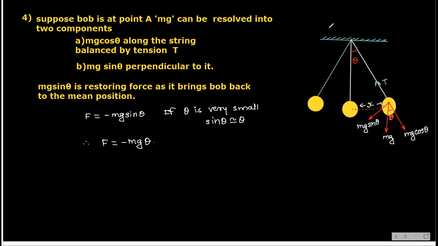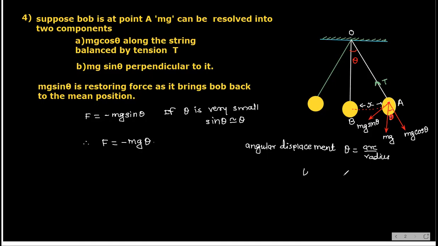This is point A I am taking. This is point A. This is O. And let us suppose this point is B. Now here, if I am assuming this as an arc, and this is a part of some circle, then can I write like this? Angular displacement theta is equal to arc divided by radius.